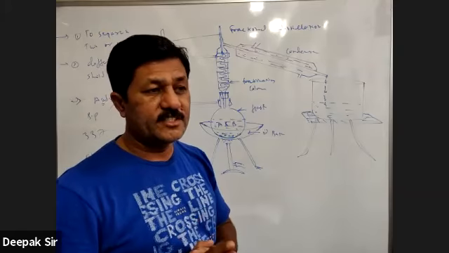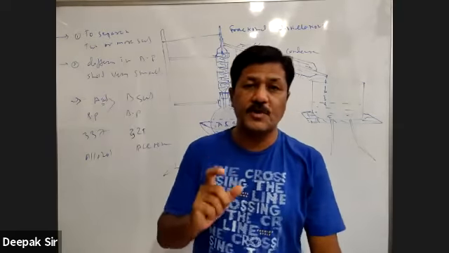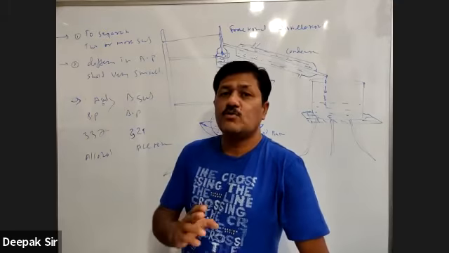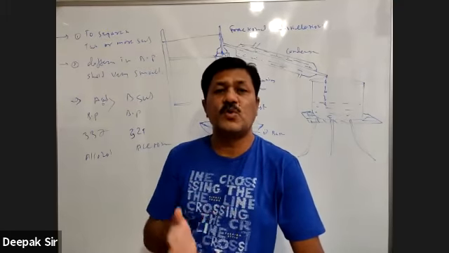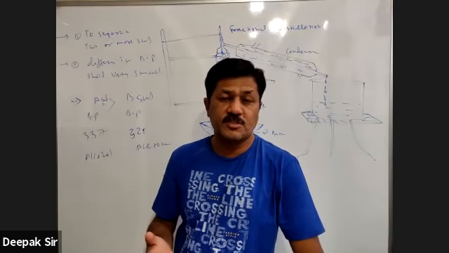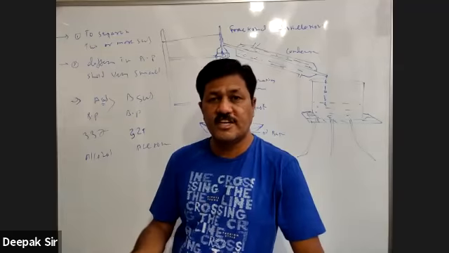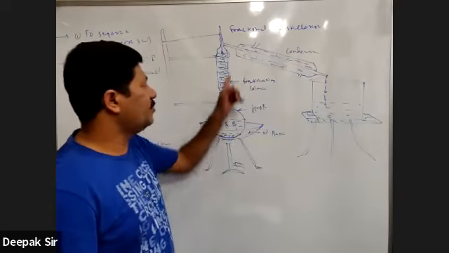So in the fractional distillation process, there is not much difference. The difference is just this. The important thing is why or when to use this fractional distillation process. Whenever we have to separate two or more substances having a close difference in boiling points. So if the boiling points are close, then simple distillation will not work out. So we have to use a fractional distillation process, where we actually use a fractionating column.